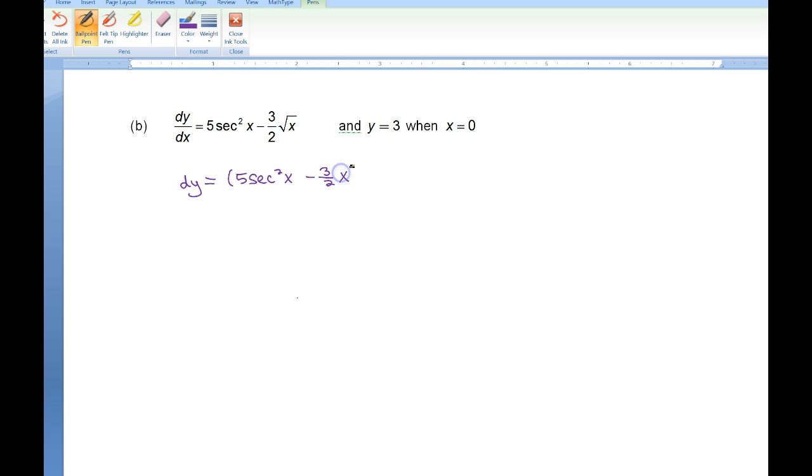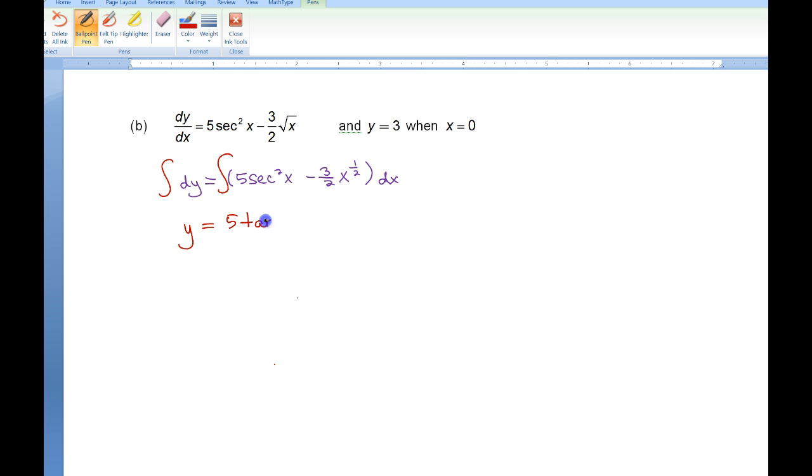I would rewrite this as x to the 1/2 and move the dx over. Do we need a u here? No, we do not need a u. I'll show you why. So, what do we have? y equals